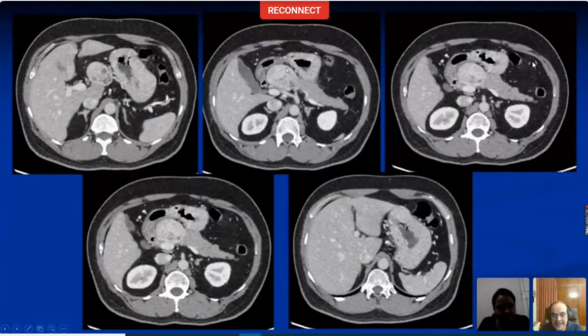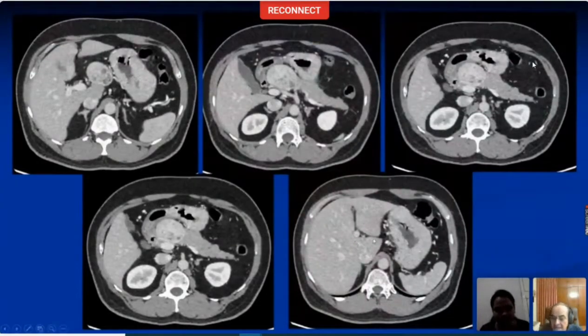You can see here that it is still probably more hyper-enhancing than the remaining body and tail of the pancreas. This is the lesion located in the neck of the pancreas. The head would actually project somewhere here. And the lesion in the liver is actually not evident on the portal venous phase at all. And why is that? Is it washout? It is showing washout. No. It has become isodense.